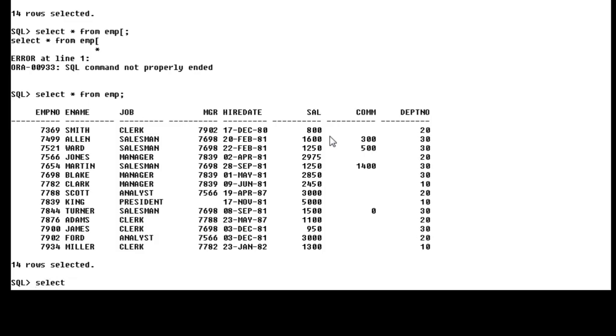Select empno, ename, sal, commission, sal plus commission as total sal from emp.